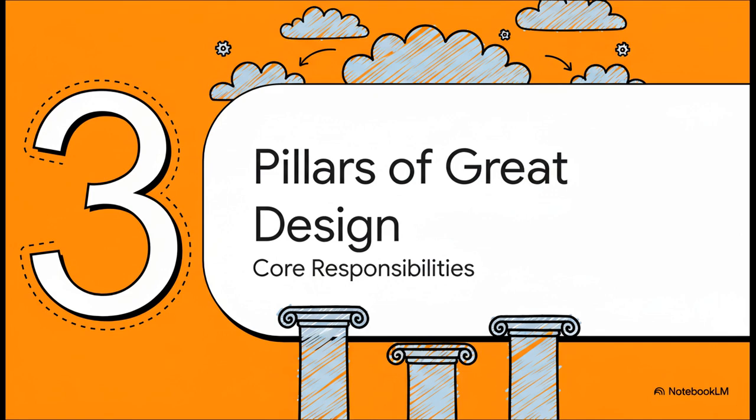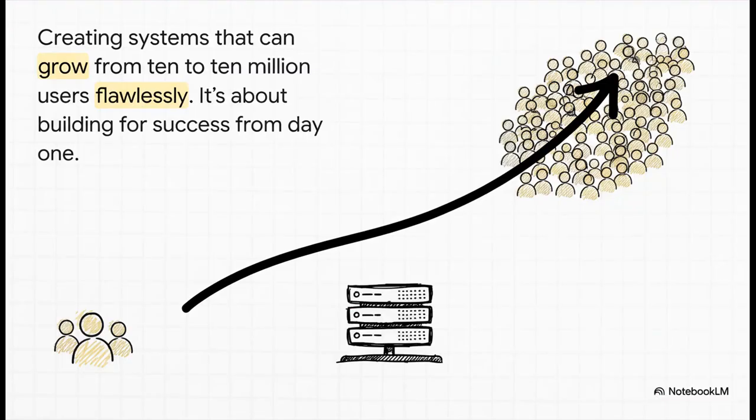So, you've got all these tools and models at your disposal. But how do you actually combine them to build something that's truly great? Well, it all comes down to 3 unshakable pillars of design. First up, pillar number 1, unbreakable scalability. Can your system handle going from, say, 10 users to 10 million users overnight without even breaking a sweat? A viral product launch or a huge Black Friday sale can't be the thing that crashes your system. You absolutely have to build for success from day one.